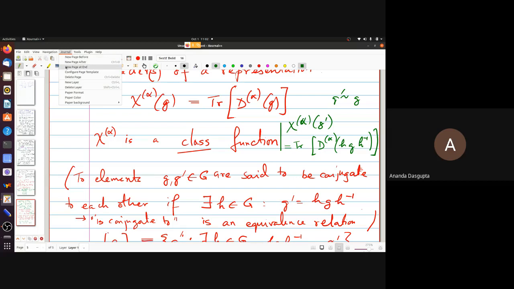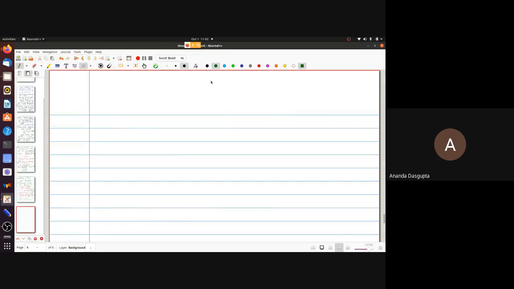Okay, let's quickly move on to what the Great Orthogonality Theorem actually tells us about characters. Just to remind you, this is what the Great Orthogonality Theorem told us. You take the sum over g of D^alpha_{k k'}(g) D^beta_{l' l}(g inverse)